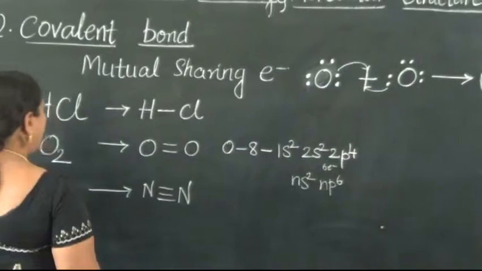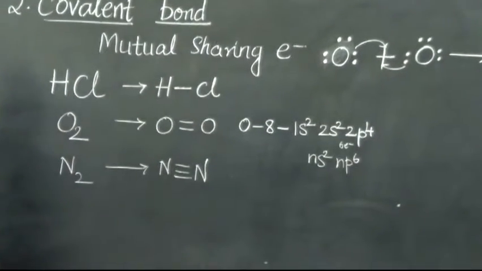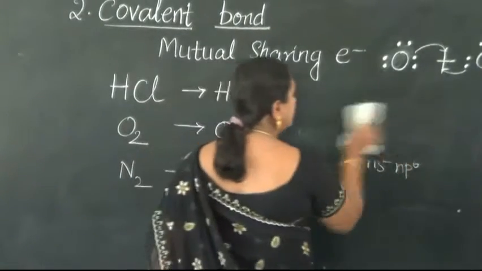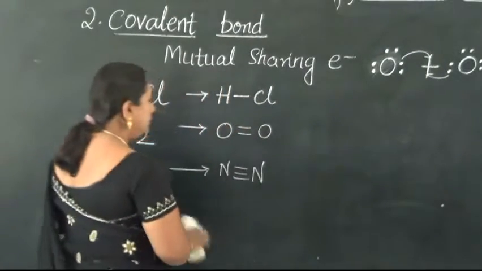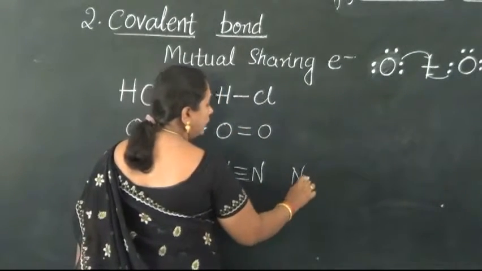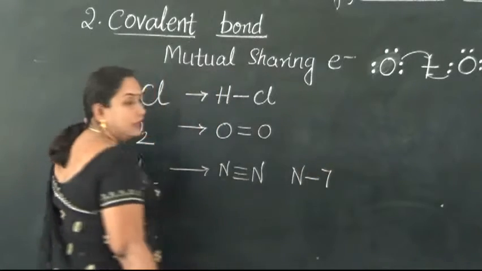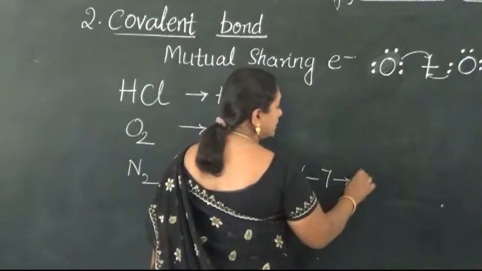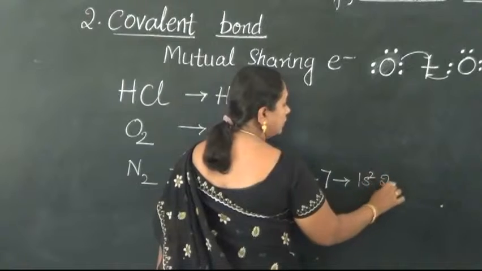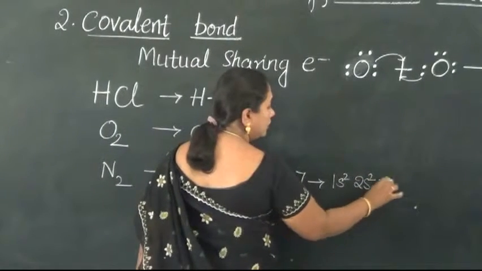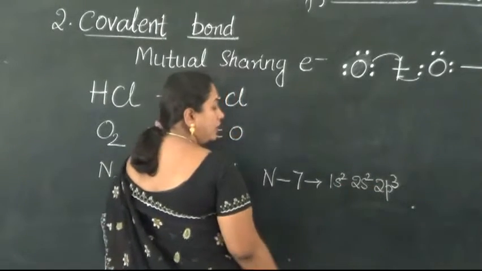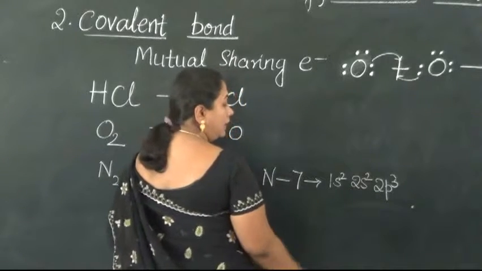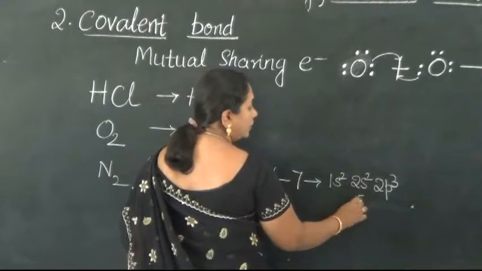Now let us take up the example of nitrogen molecule, which is bound by triple covalent bond. Let us analyze this molecule clearly. Atom of nitrogen is having the atomic number as 7 and its configuration goes like this: 1s2, 2s2 and 2p3. So how many valence electrons are there? Second shell is the valence shell and it's having 3 plus 2, 5 electrons.